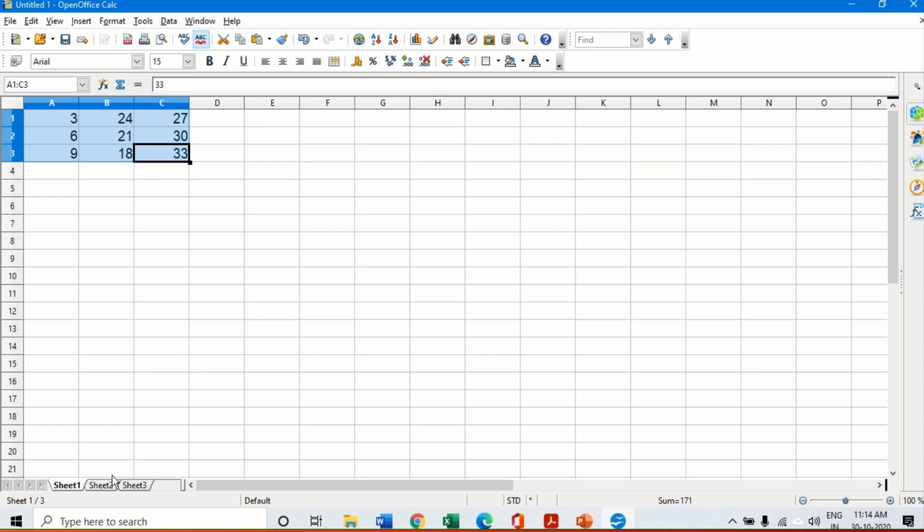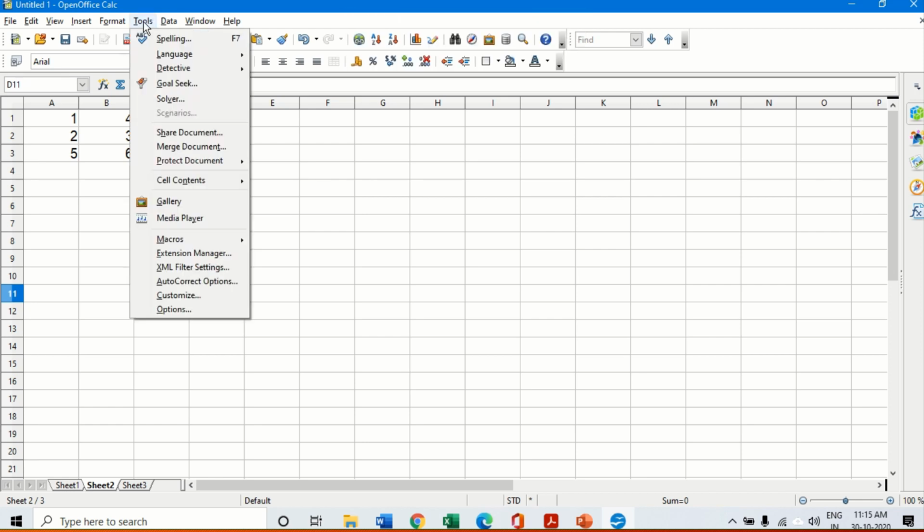Now let me try using the same macro on another set of numbers over here. In this case, the number is 5. So here you will get 5 ones are 5, 5 twos are 10, 5 fours are 20, 5 threes are 15, 5 sixes are 30, 5 tens, like this. This number 5 will get multiplied with all of these, because exactly the same macro we are going to run on a different set of numbers.